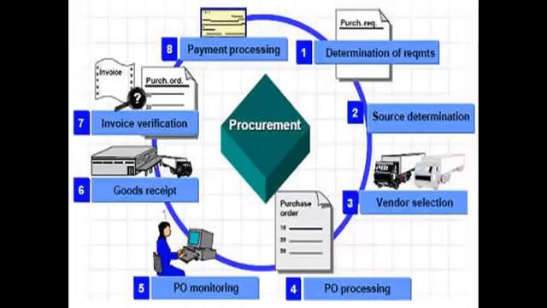And this is the overall overview cycle of materials management. So requirement identification, source determination, that is the vendor determination, vendor selection. Once the vendor is selected, purchase order creation, purchase order processing, purchase order monitoring. When we receive the material, creation of the goods receipt, finally doing the payment, and the payment process will take place. Right from identifying the requirement of the material up to payment to the vendor, this total part comes under a module called materials management.